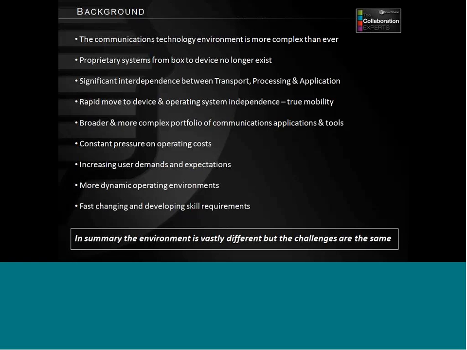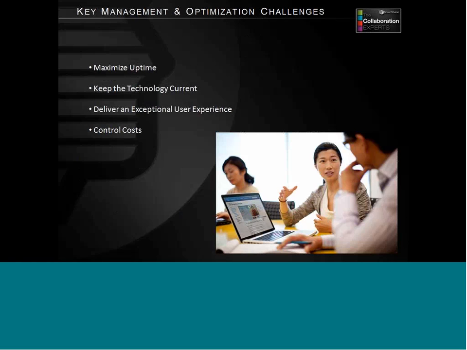So to summarize this slide, which is the background, your environment that you're operating in today from a communications perspective is vastly different to that which you operated in 10 years ago, 5 years ago, maybe even 2 or 3 years ago, but the challenges are the same. And if we summarize the challenges that companies have from a management and optimization perspective, they would fall into 4 areas. The first one being maximizing uptime. Of course, the base